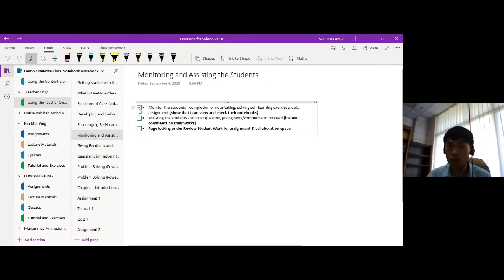So I can monitor whether the students did their note taking, solving the exercises, quizzes, and assignments. Sometimes if we ask students to turn in hard copy solutions and they don't submit it, normally we give them 0 marks because we think they didn't put effort into it, but maybe they're stuck somewhere. They don't know how to proceed. So using this